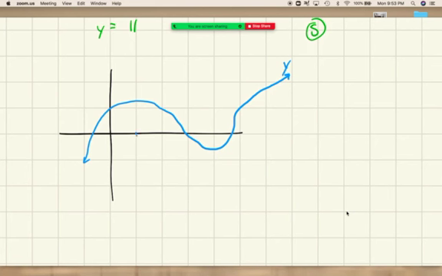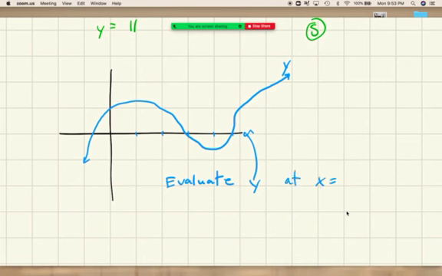And 2, 4, 5. Okay. So evaluate this function. They might call it something else, like f of x. I'm going to call it y. So evaluate y, which is the function, at